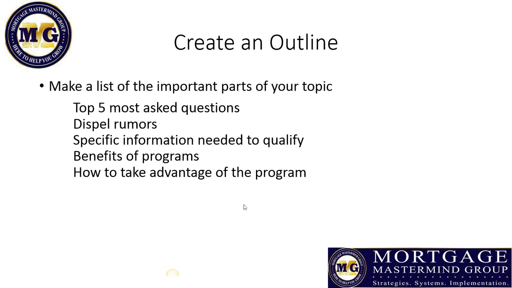Maybe your outline is all about how to take advantage of a specific program. Hey, to make sure that you save the most amount of money, you do this in this program. But you want to list what each one of those advantages are so that you've got a good starting point. You're making a list, or an outline if you will, of all the important parts of your specific target, and don't leave anything out. It's easy enough for you guys to do.